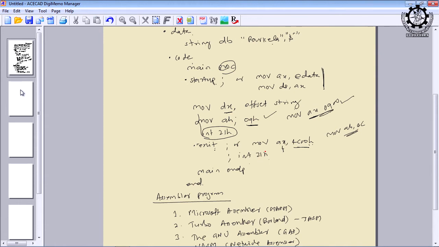And hardware interrupts means they will be coming externally from different sources, from input devices, from any input appliances, and they will be connected to the interrupt lines of the 8086. I think we have already discussed the number of interrupt lines supported by 8086. Maximum 8 interrupts can be serviced at a time. Then we shall see how the interrupts are serviced and how the corresponding location is activated for executing the interrupt service routine. And remember, for every interrupt there is a corresponding interrupt service routine.